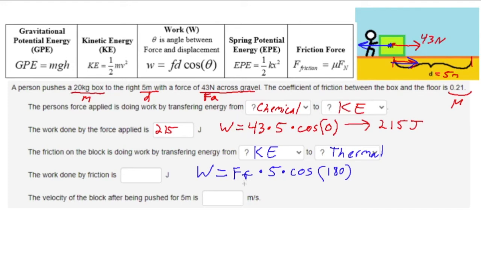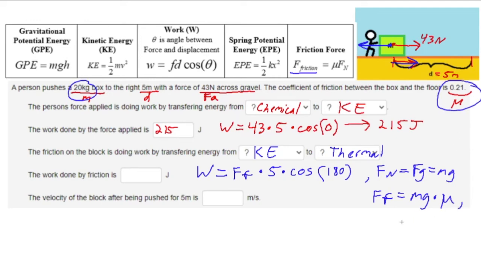We don't know what force friction is right away because we see in the problem that we're just given the coefficient of friction, but we can solve for that. We have up here the equation, force friction equals mu times force normal. Since this box is on a flat surface, force normal is just equal to force gravity, which just means that it's equal to mass times gravity. So we get force friction equals mg times mu. And again, mu is right here, our mass is right here, and g, we know, is just 9.8 because that's gravity and it's on Earth. So we plug all that in, and we find out that the work done by friction in this problem should be negative